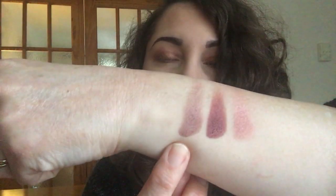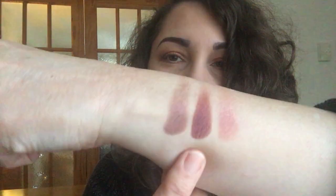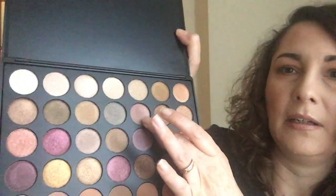Just going to swatch that again, just to deepen that up. So there we have the I Heart Makeup, the Morphe, which is definitely deeper. I'm just going to swatch this one. I think I've swatched that one before, but I just want to see if that is more of a